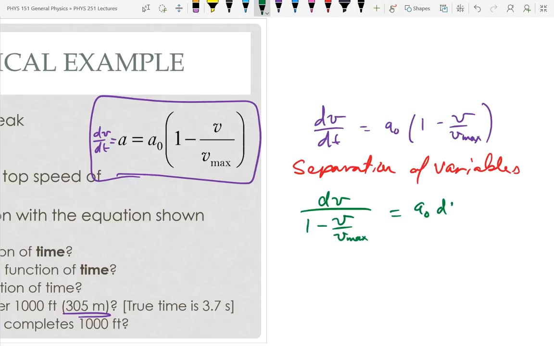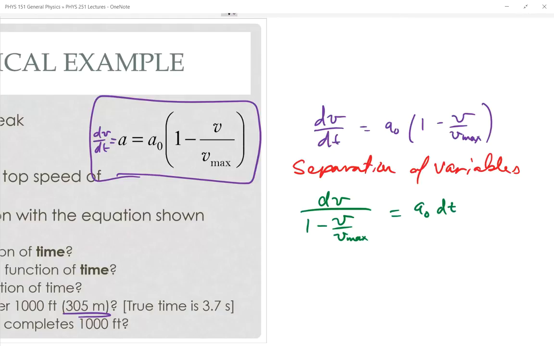and writing my stuff left to right like we normally do, I have this equation. Now, everything that has a V is on the left-hand side. Everything that has a T is on the right-hand side. If this is a true equation, if I integrate both sides independently, it still has to be a true equation. So now I'm going to independently integrate